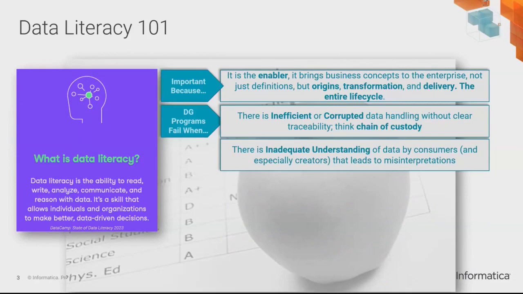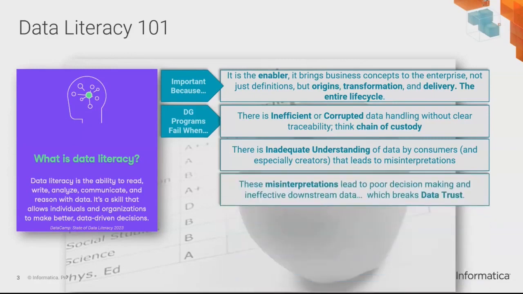Now, part of that is also the creators of the data themselves being able to communicate where that's coming from, being able to put appropriate definitions, and being able to trace the life cycle to avoid these misinterpretations. So this is both the creator and the consumer side of the use case. These misinterpretations can lead to bad decision-making, and maybe, taking that to another level, corrupting it even further by taking it down to another report that is now inaccurate, breaking our whole data trust strategy.